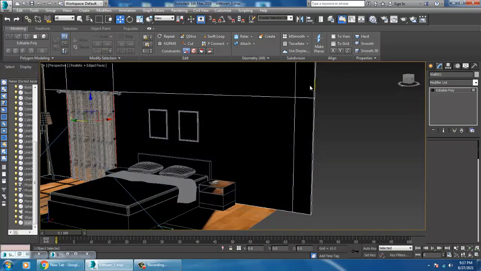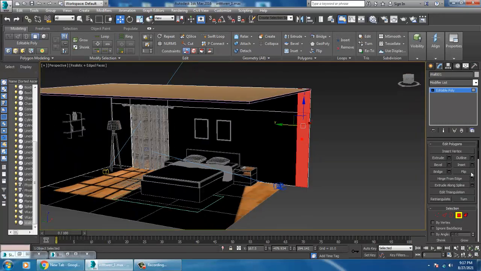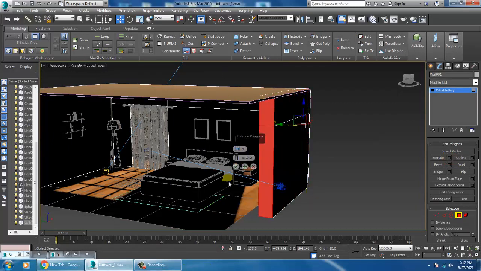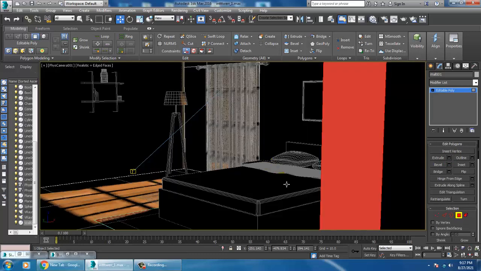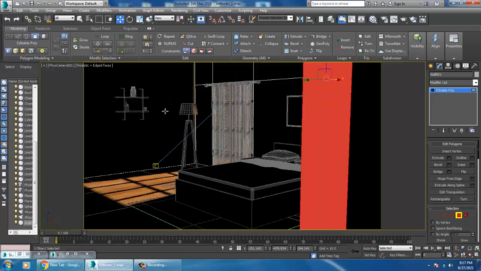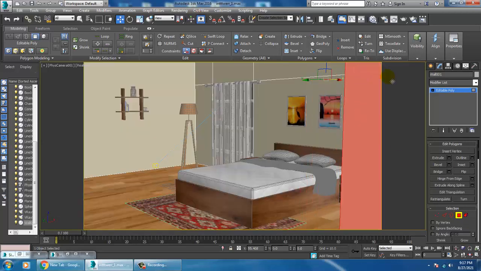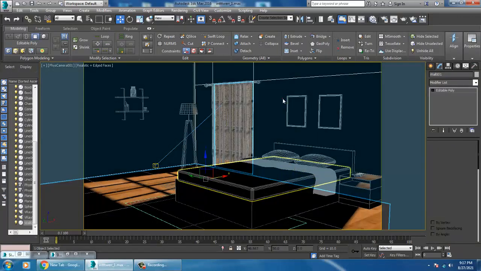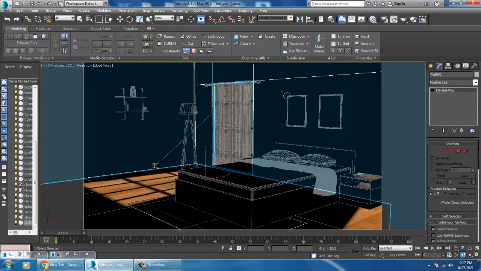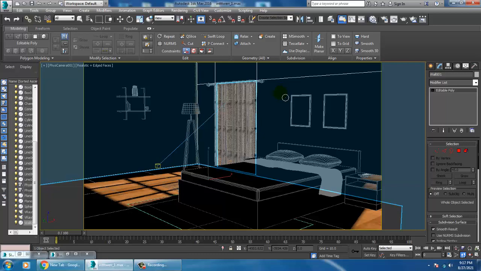Select the polygons for now and slightly extrude that. Let's go back to the camera view. Okay, we need to close that, or else we need to work with some different camera angle over here.